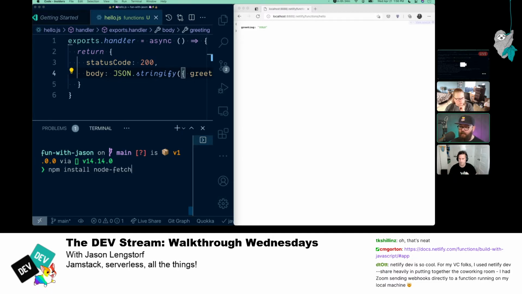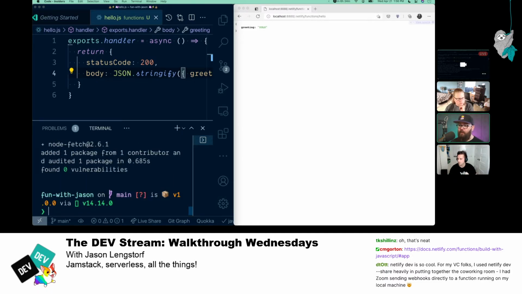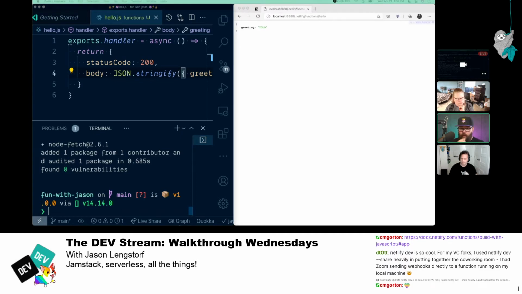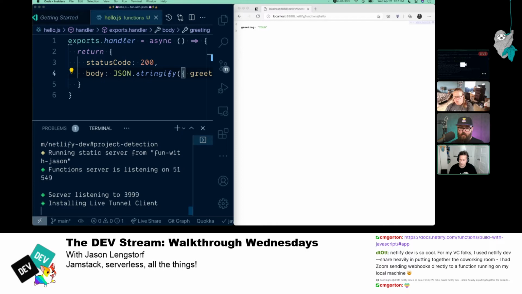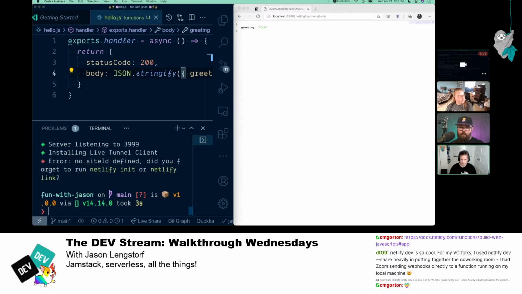Yeah, and DTOT is talking about the Netlify dev with the live tunnel, which is so dang cool. Actually, if you want to try it, we can run one up right now. Go ahead and just start the server again, but this time do Netlify dev --live. All right, come DDoS me, folks. Oh wait, no site ID.